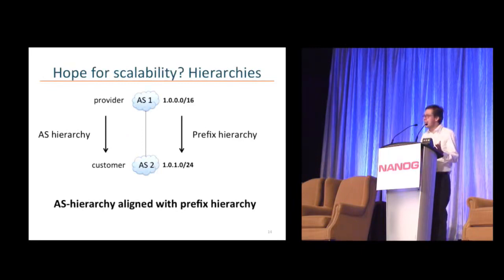But do we have reasons to believe that such a global view is possible in today's internet? And in hindsight, after the work on DRAGON, the answer is yes. There is some implicit structure in the internet routing system that can be exploited, harnessed for scalability. There are two sides to this structure. First, many ASs buy connectivity from their providers. This establishes a hierarchy between customers and providers. That hierarchy is aligned with the prefix hierarchy in the sense that the more specific prefixes are originated by customer ASs, suggesting that they don't have to be propagated too far away from their provider ASs.